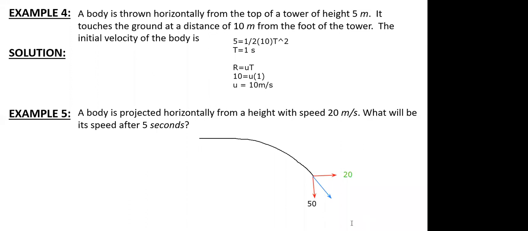So to get the resultant, I will just take the Pythagoras root. The same thing I explained when I was explaining the slide for horizontal, that it's Vx and Vy after a certain time. And to get your V, it should be the root of your final values, nothing but 20 square plus 50 square. So 400 plus 2500, it will be root of 2900, which approximately comes as 54 meter per second. That's the answer.